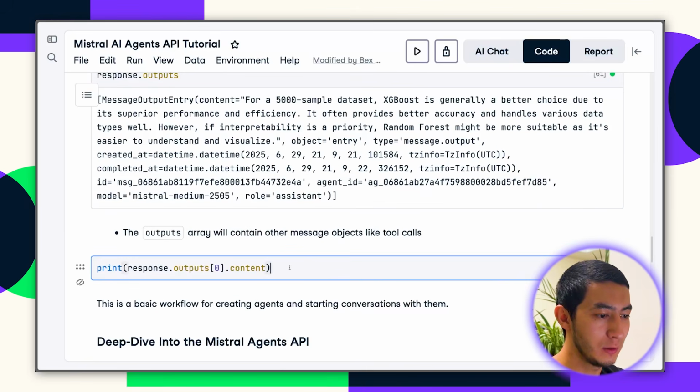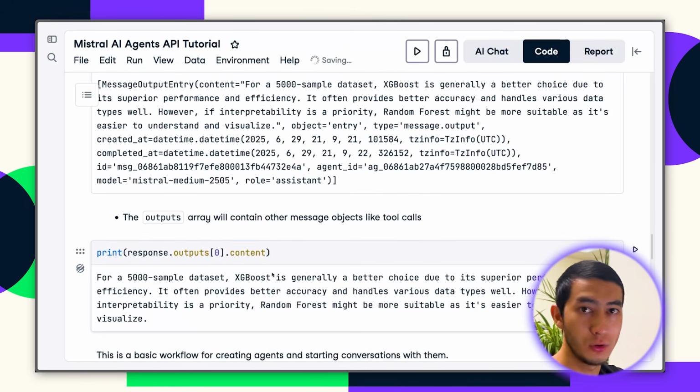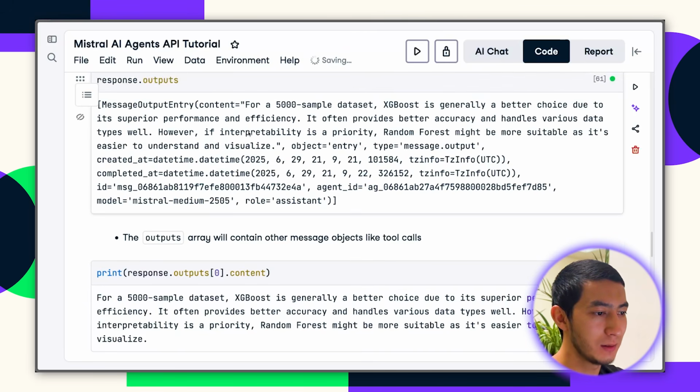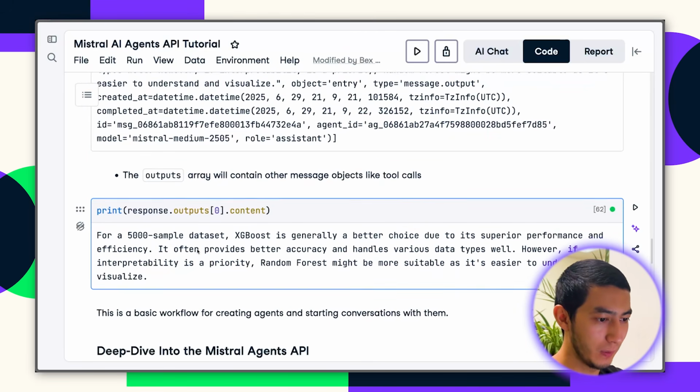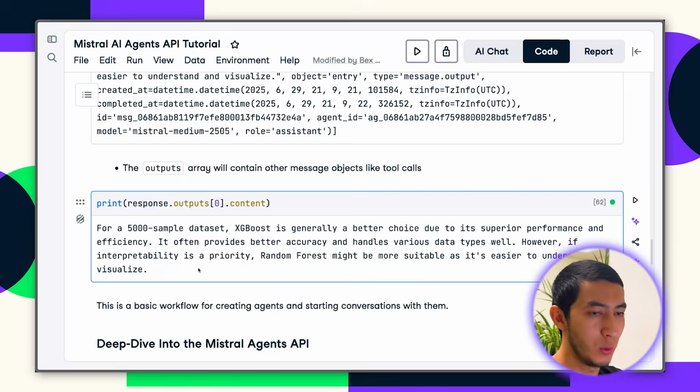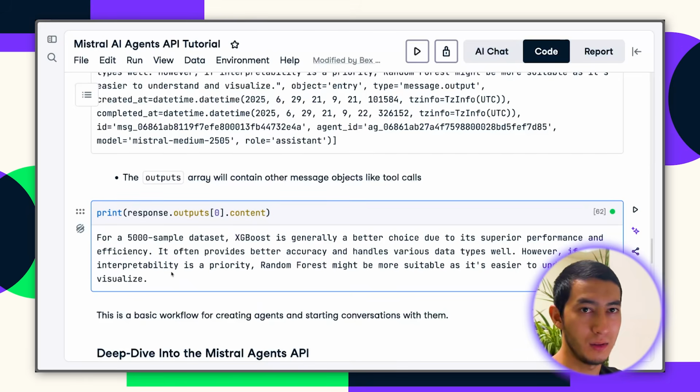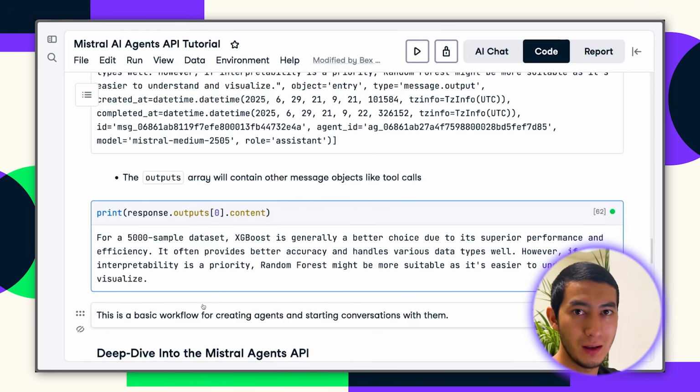Let's print its content using the response.outputs.content syntax. And this is going to extract the raw text here and print it. As you can see, we have 1, 2, 3 sentences, which aligns with the question that we've asked. You can pause here to read the accuracy of the response generated by the agent. This is a basic workflow for creating agents and starting conversations with them. In the next sections, we're going to dive deep into the Agents API and talk about more intermediate and advanced